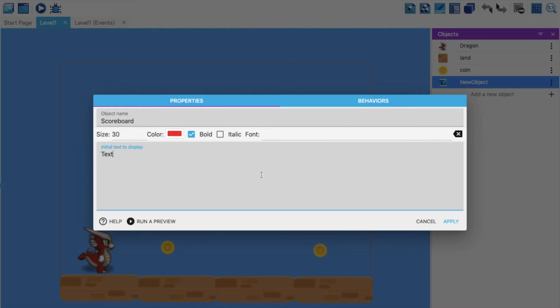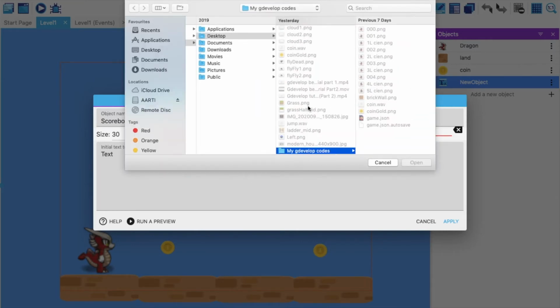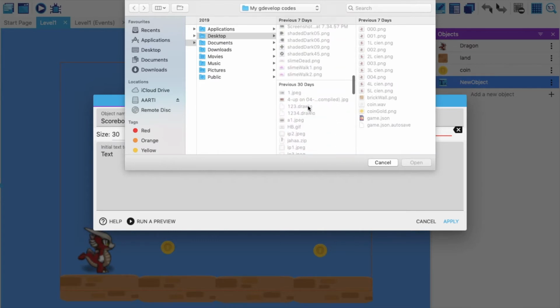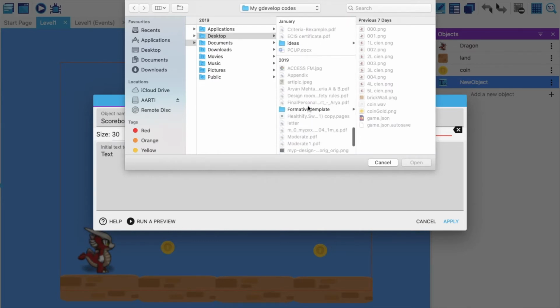Now, this is very interesting, guys. By default there will be a font, obviously, but if you want your own fancy font which you have downloaded from the internet, and you want that font to appear over here, you have to first download the font. I will show you how to download it, and I will share the link also in the description. But for now I have already downloaded one font, so let me import the font here. You have to click on choose a new font file. On my desktop there is already a font file which I just need to find.